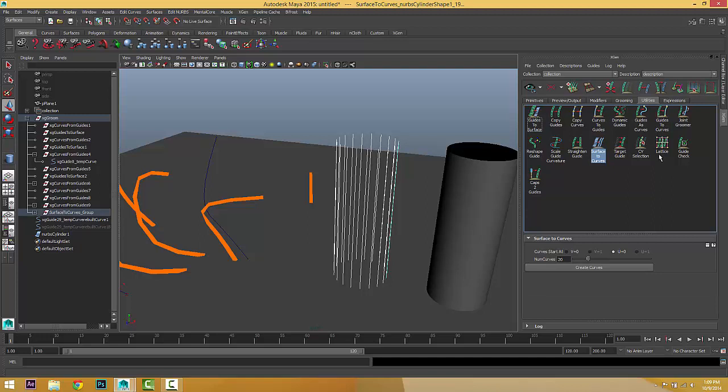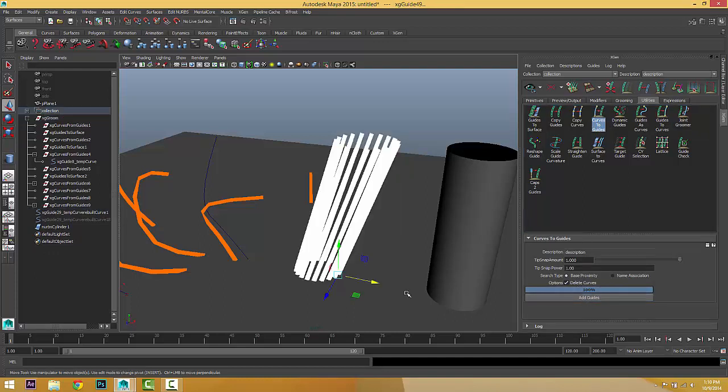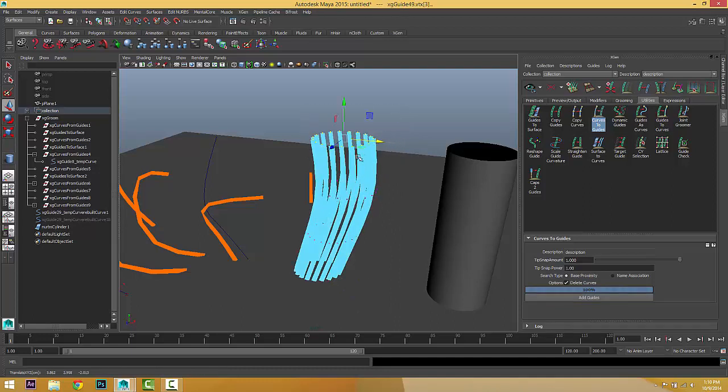Or you can change them using loft, or you can choose guides. Where is it? Okay, curves to guides. Choose delete the curves, choose guides. As you can see, with a little bit different shapes, we can get guides.